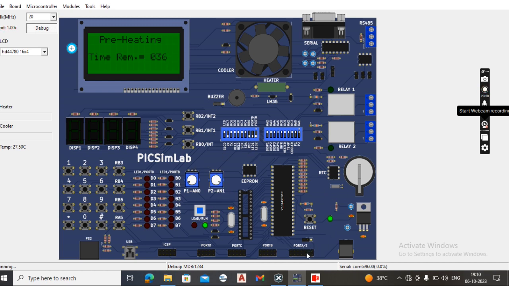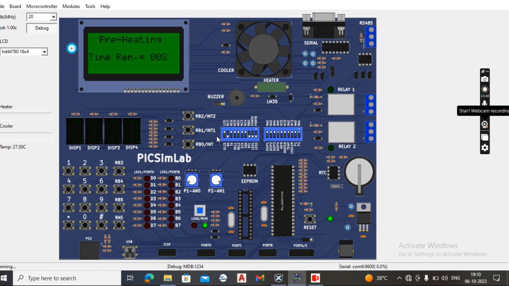And also the ports, port B, port C, port D. And also we can see the buzzer. So here the buzzer, as my teammate has explained about the working of the buzzer. And also reset. This reset button is used to stop the current working program, and it takes it to the